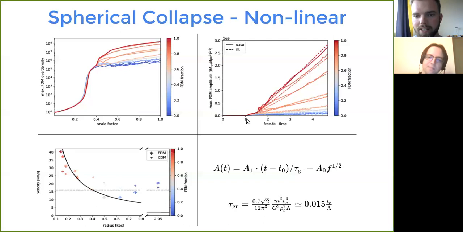And what we see here is that after, as I said, roughly 1.5 freefall times, we have this formation of the soliton. And as was already shown by Levkov et al. in their condensation paper, we again recover this linear increase in the amplitude,